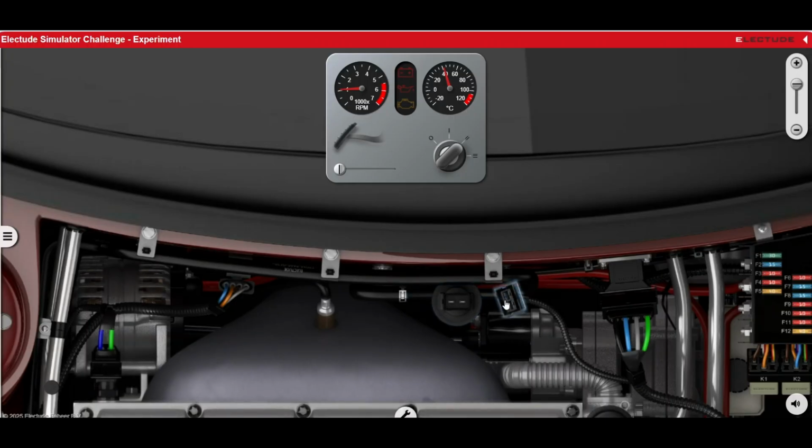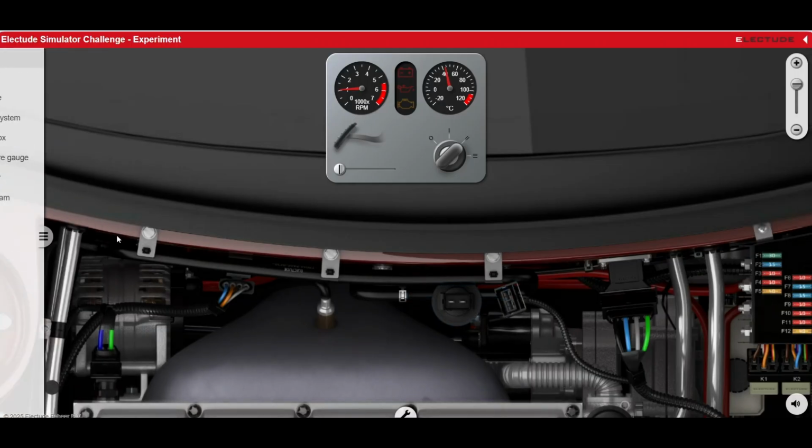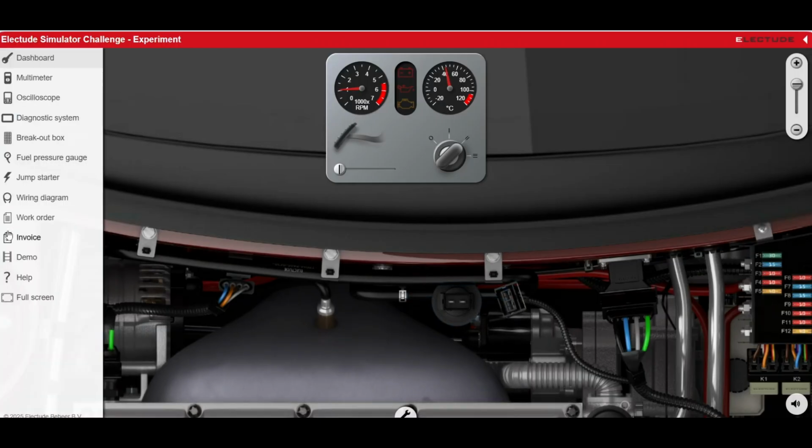This is the purge canister. Oh, I've disconnected it. I clicked. This is for the evap system, the evap canister purge valve. I've disconnected it. That won't stop the engine running, but if, for example,